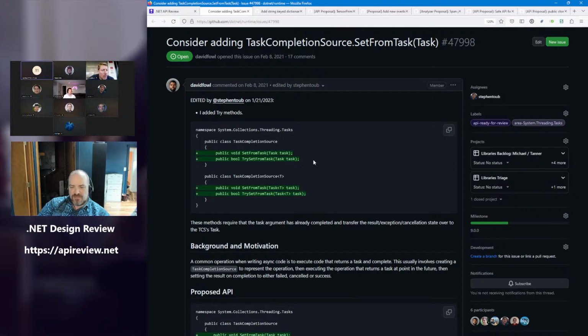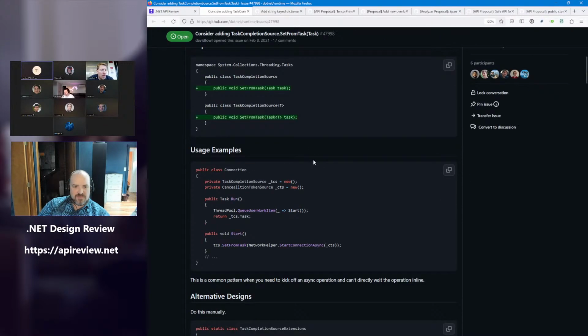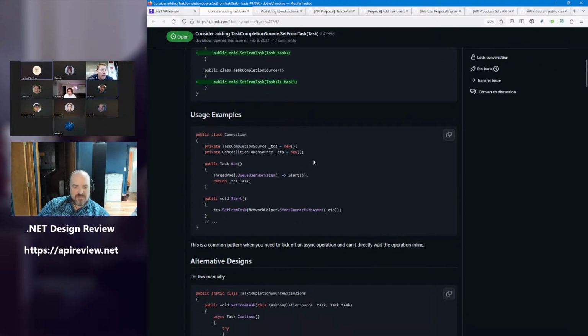So I don't quite understand the example then. In the example that David lists here, it's basically one method starts something. This is where I said the thing. This has evolved. This is not what David asked for initially. Okay, I see. He wanted what I was talking about, where you could pass in an incomplete task. Right,